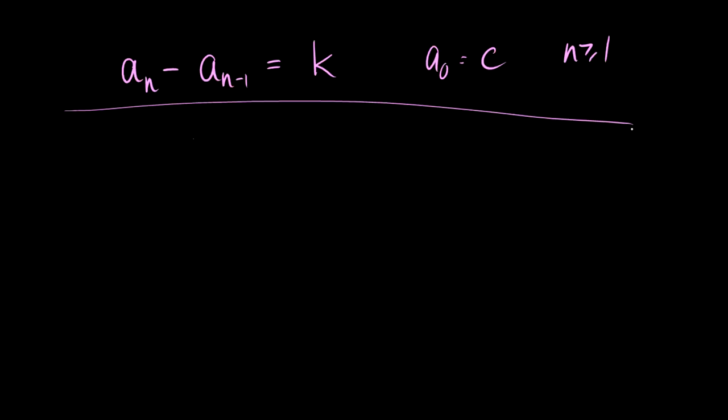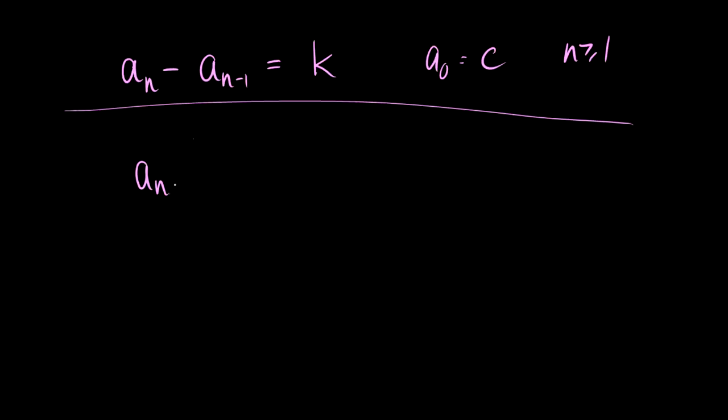When we have any recurrence relation that looks like a_n minus a_(n-1) is equal to some number, what we can do is say that we should probably define a_0 to be some number c, and this is for n greater than or equal to 1. If we ever have any relation of this form, this is equal to,